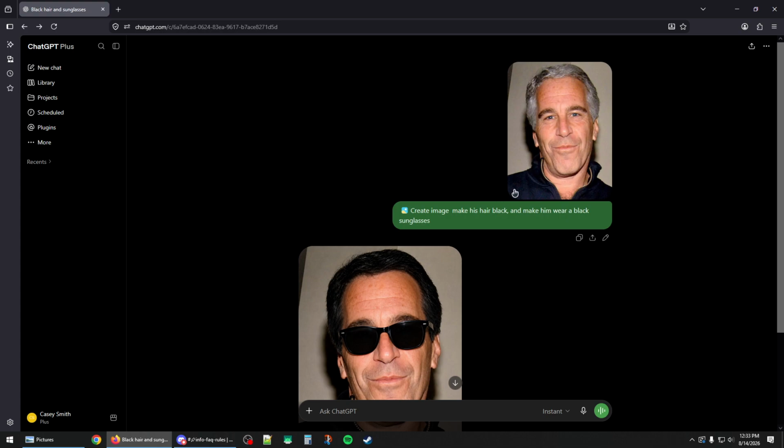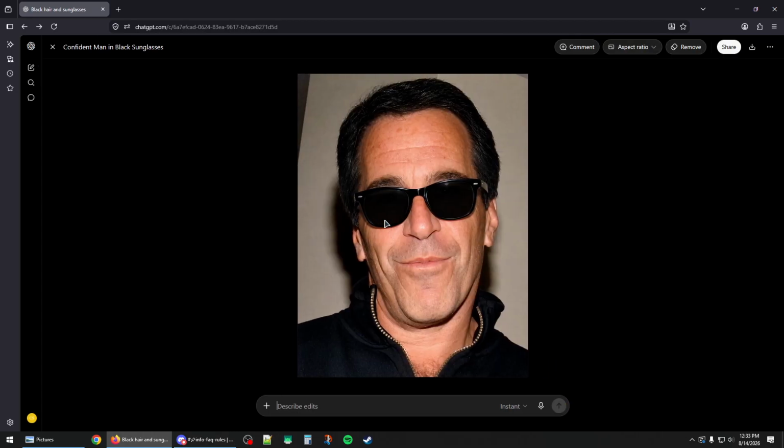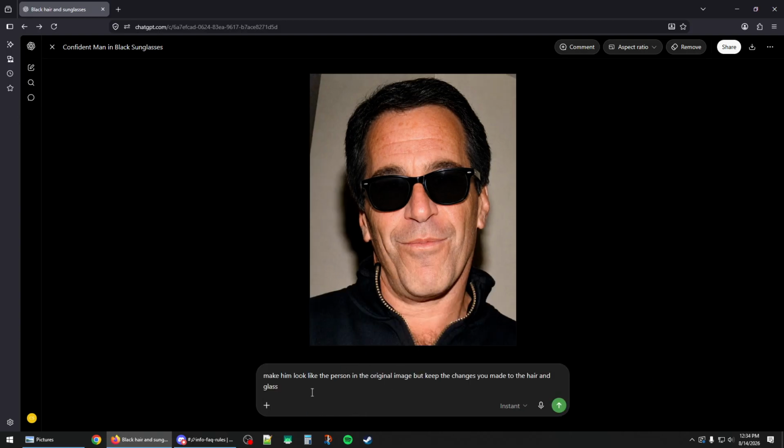And it just finished generating the edited file or the image, and as you can see right here. Now if you click on the output result, you should be able to describe edits as well. So for example, I can type make him look like the person in the original image and keep the changes